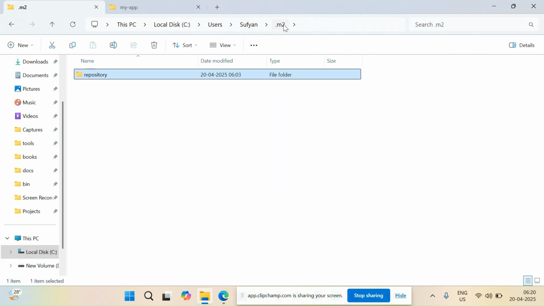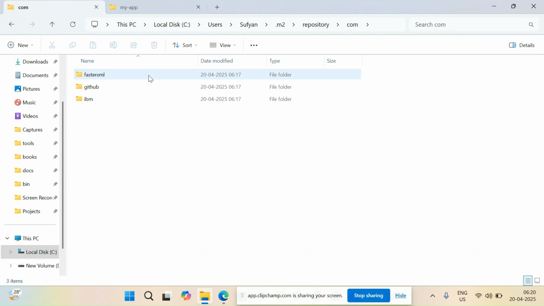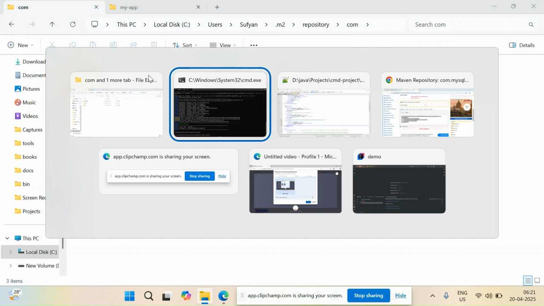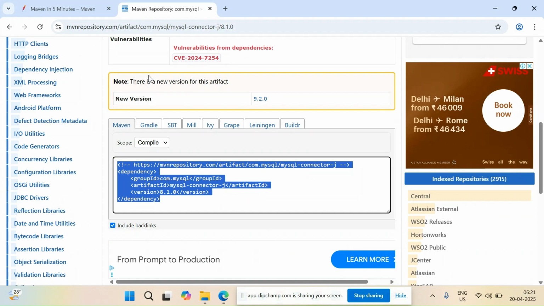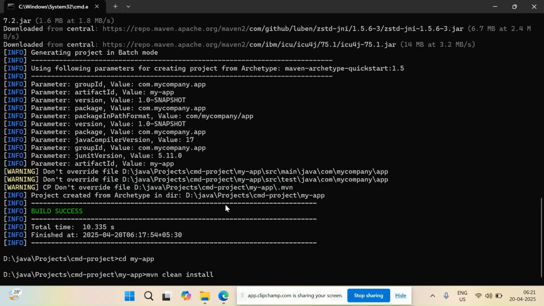Here is my local repository, .m2 in the user folder. I will go inside it. As you can see, inside this there are so many folders, each folder representing one group. And what is the group of our MySQL dependency? It is com.mysql. So inside com, we don't see any mysql folder, so we don't have it on our local machine. Now once I try to run it, install it,